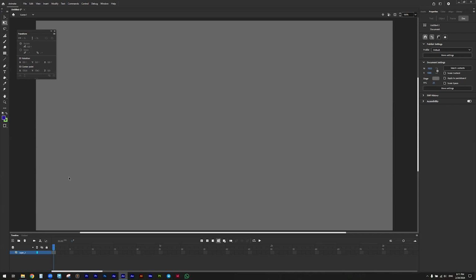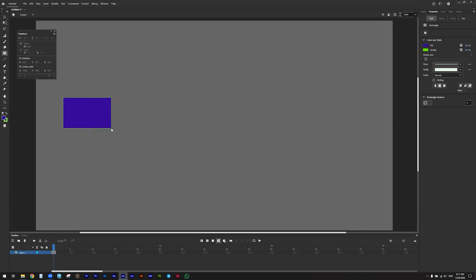Now let us explain how we can create an animation by using the straight ahead. Straight ahead means start animating from the beginning until the end, frame by frame. For example, if we create a rectangle, we can open the frames. We need to open the frames in order to create an animation. For example, until frame 25, we can open the animation, the ability to create an animation or to navigate inside